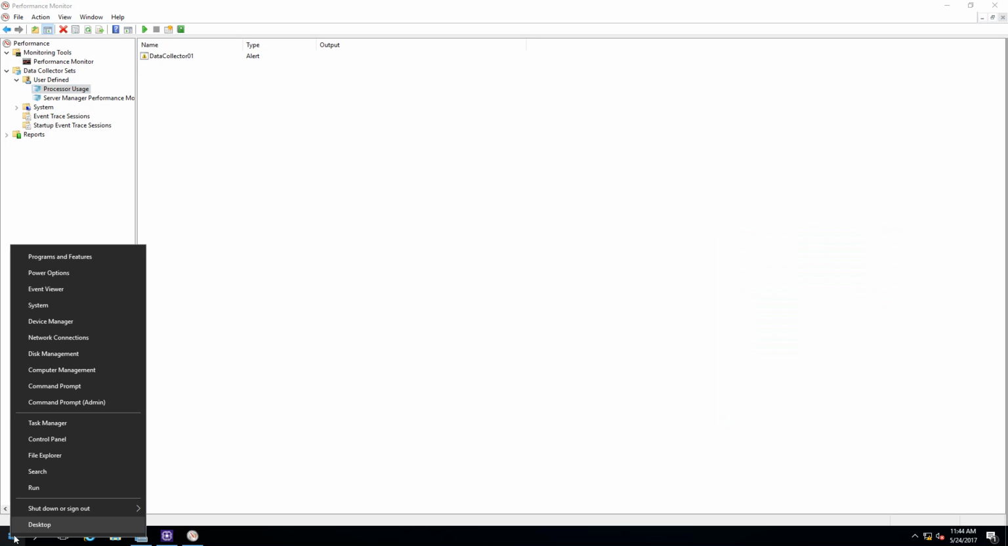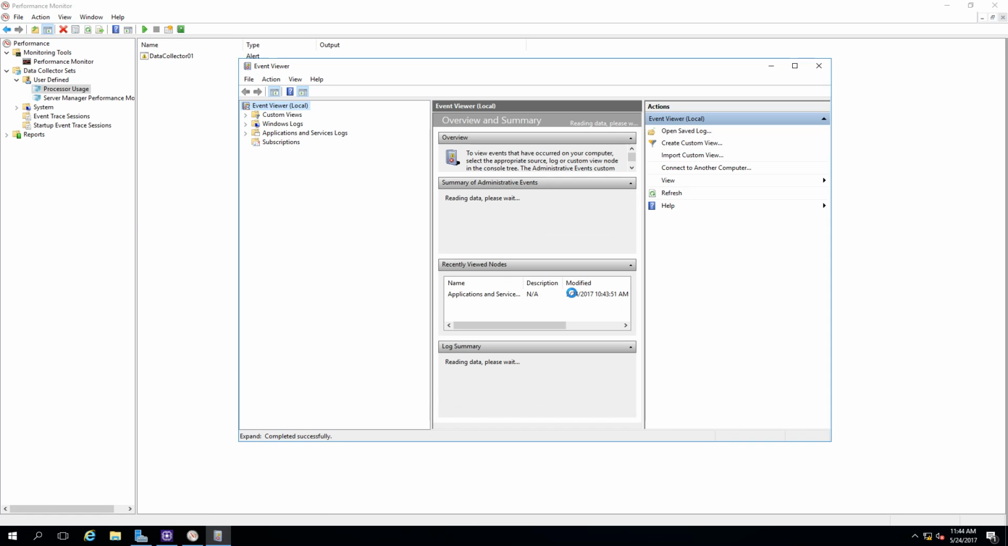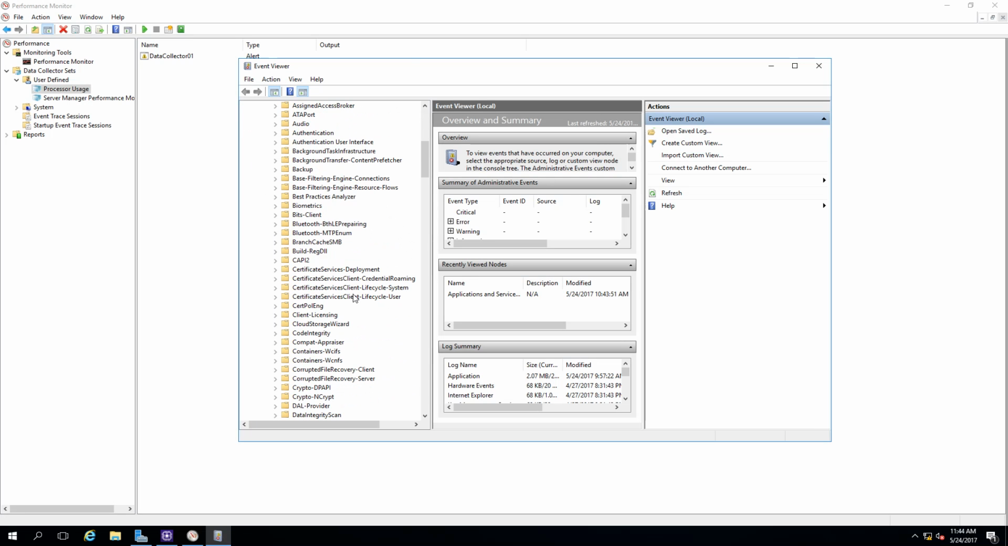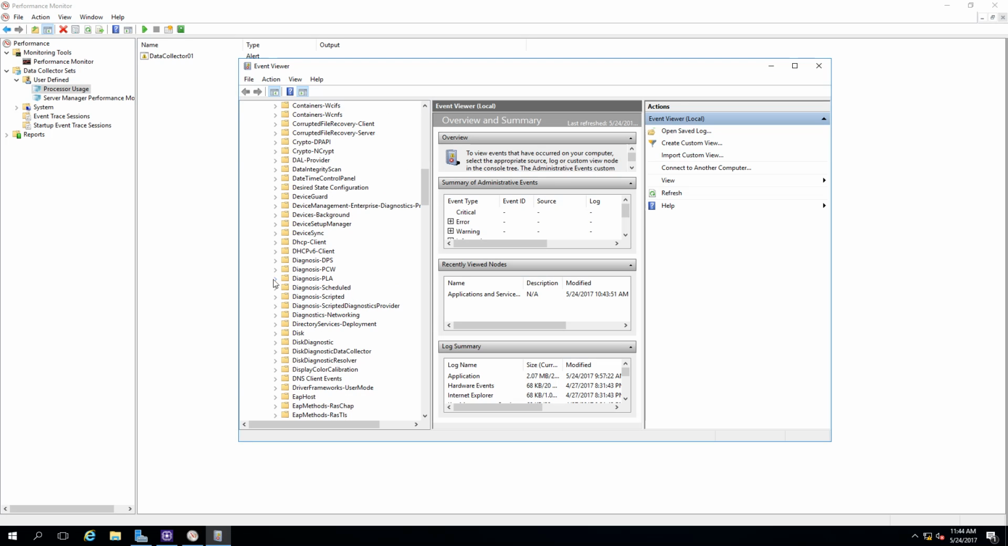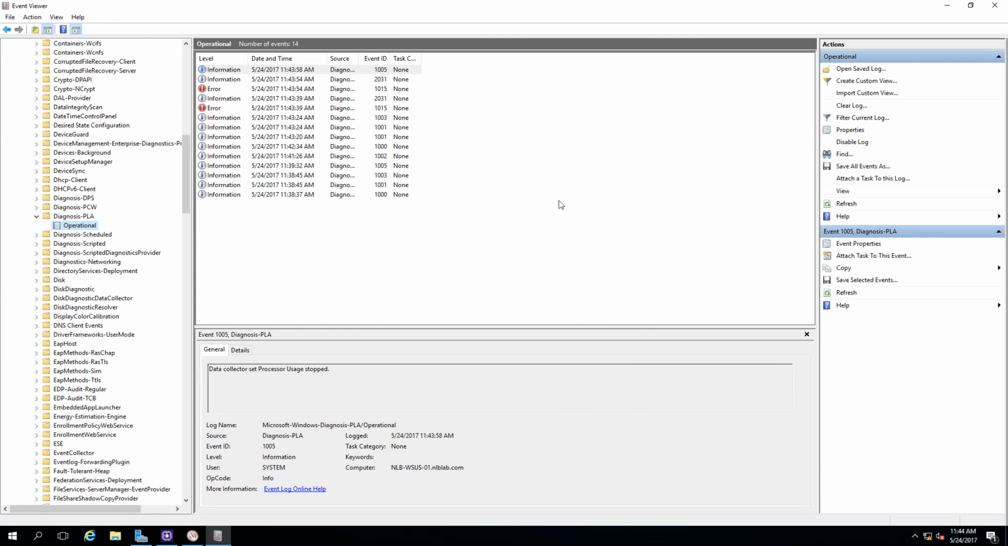Okay, and then I'm going to open Event Viewer, and in Event Viewer I'm going to expand the Applications and Services Logs, then Microsoft, Windows, and then go to Diagnosis PLA, and under the Operational one, if I expand a bit, you'll see that I have two errors. So you can see that it's detecting some problems within the system, and the performance counter, the processor total time, has